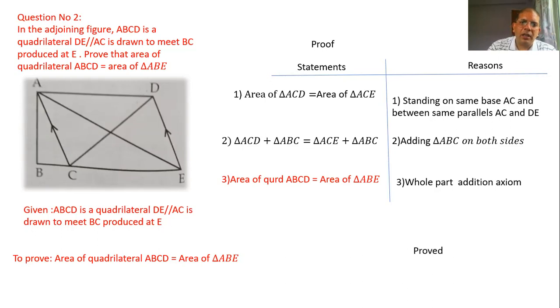So you can observe this one. It will be better if you write down your questions in your copy and try to do these. Then you can understand by making your figure in your copy, and you can make the triangles in different colors, and these two triangles are equal in this way. It will be better for you. Then I want to go to another question.